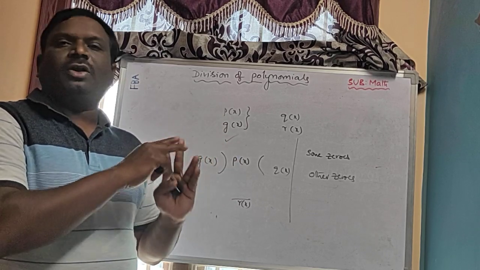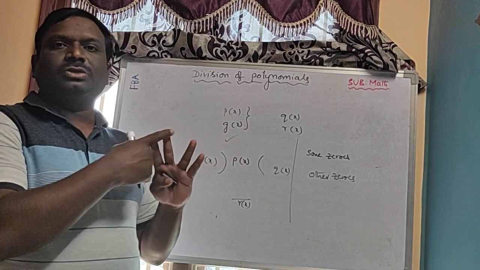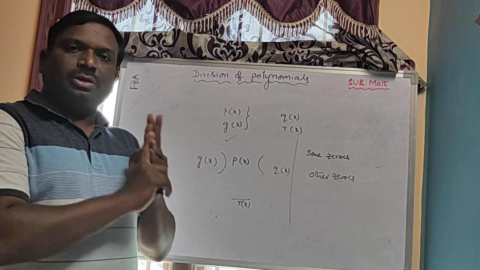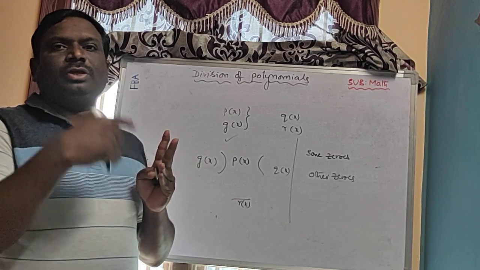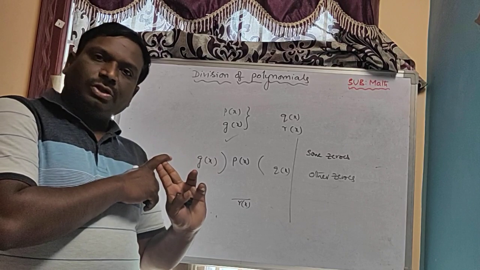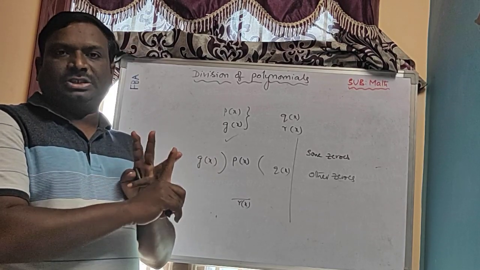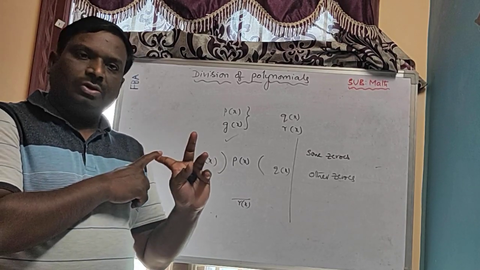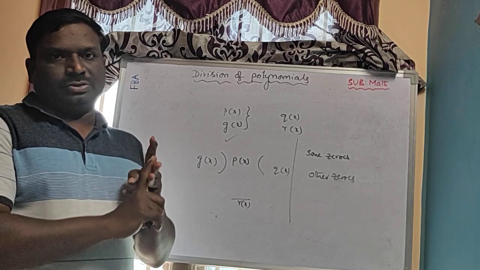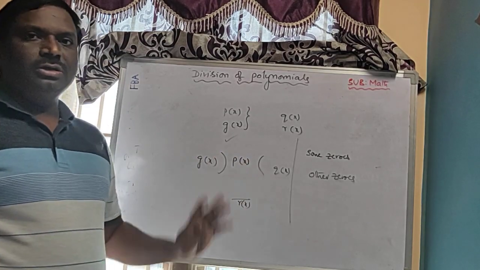2 zeros they will give, we have to find the remaining 2 zeros. Suppose if you take the cubic polynomial, if they give 2 zeros, we have to find the remaining 1 zero. If they give only 1 zero, we have to find the remaining 2 zeros. Okay, that is the third model.